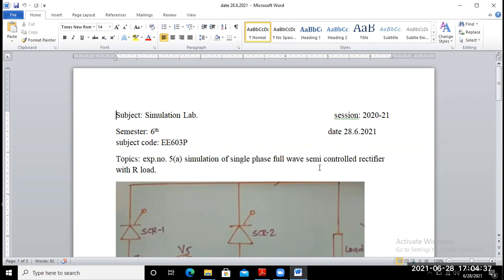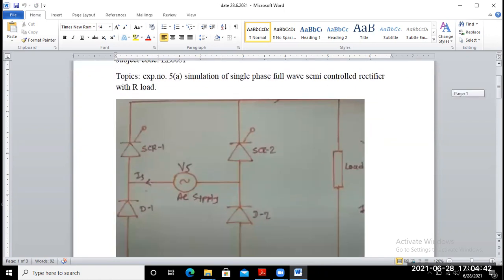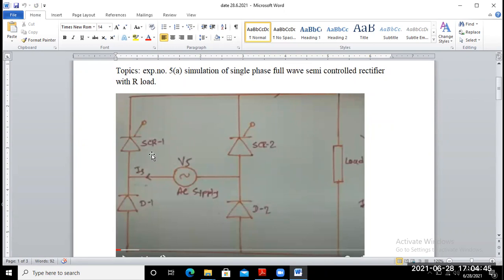That means the basic difference between the full control rectifier and semi control rectifier is that 2 SCR and 2 diode are used instead of 4 SCR used in the fully controlled rectifier. Okay, so this is the connection for the circuit diagram of symmetrical type. If you consider asymmetrical type, then this thyristor may be placed here and this diode may be placed here. That is known as asymmetrical. But this one is the circuit for the symmetrical one.